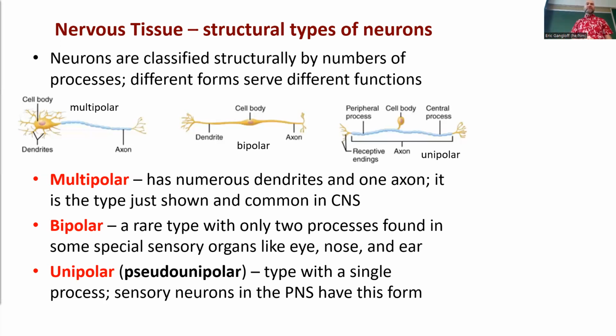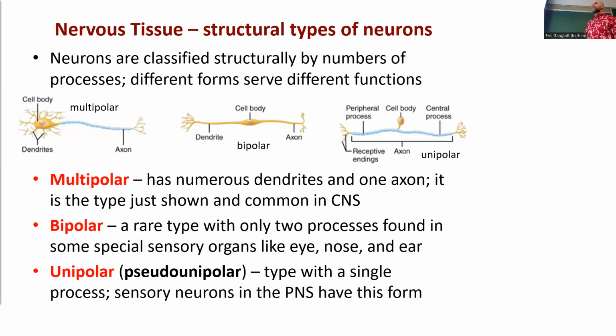pseudo-unipolar. The reason it's pseudo-unipolar is because it's actually a bipolar cell and the cell body has just kind of moved off of it. So technically it's a kind of bipolar neuron, but we're just going to call it unipolar. Just know that sometimes it's called pseudo-unipolar. This one, again, is not super common. It's associated primarily with sensory neurons in the peripheral nervous system. So this is things like the sensory neurons associated with your integument to provide sense of touch or temperature and